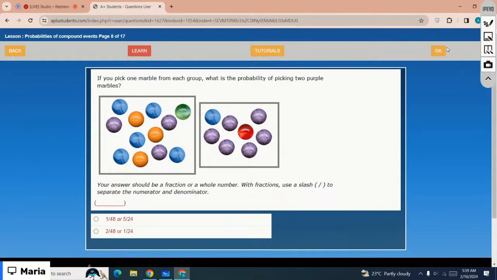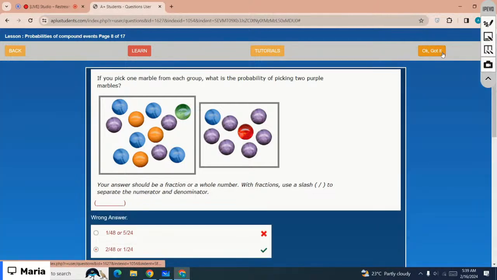Hold on, 3 over 12 and 6 over 8. Okay, let's see if it's the first one. That's the second one, 2 over 48 and 1 over 24, right? Be very careful when doing these questions. Okay, the next one is,